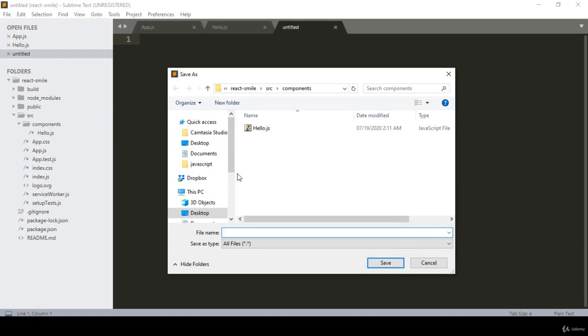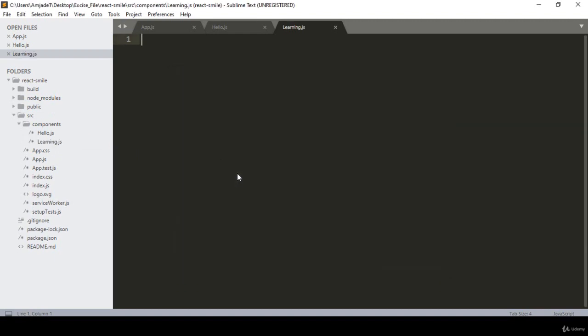I'll name it whatever you want. Now I want to name it learning.js. So that will be our component, and the component name I have defined is learning.js. Now here, first of all, we have to load, that means import, our React. So I want to import React, and then from our